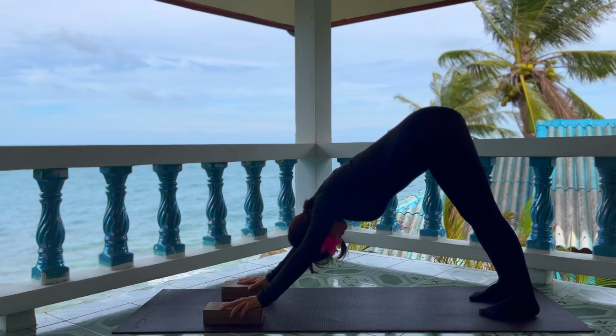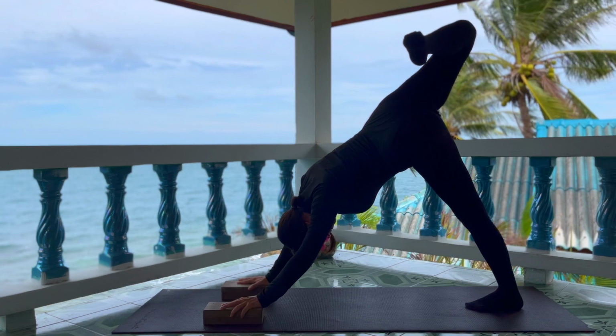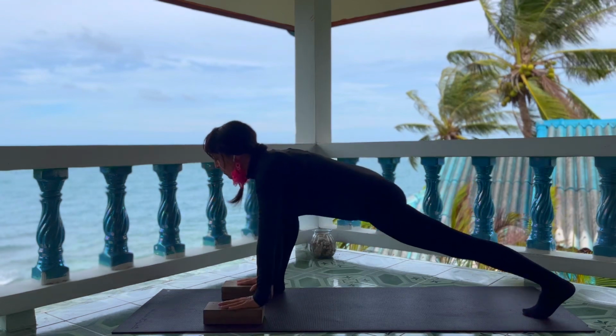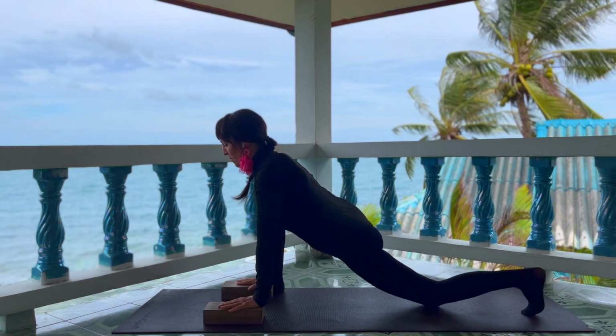Take your right leg up and back as you breathe in, bending the knee, opening through the hip. Straighten into the right leg on the inhale. Step the foot to the outside of your right hand as you exhale. This time, bringing the back knee down to the ground, you can either repeat the same shape as before, or